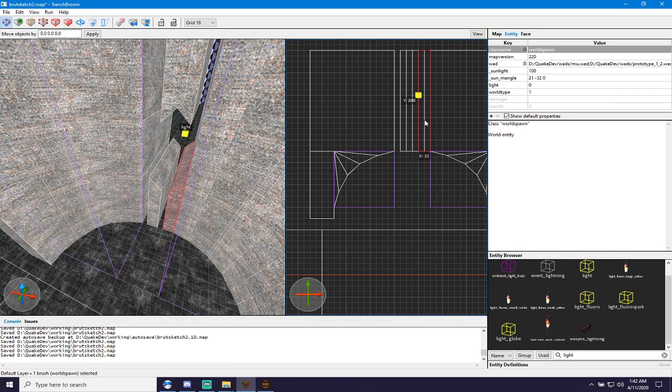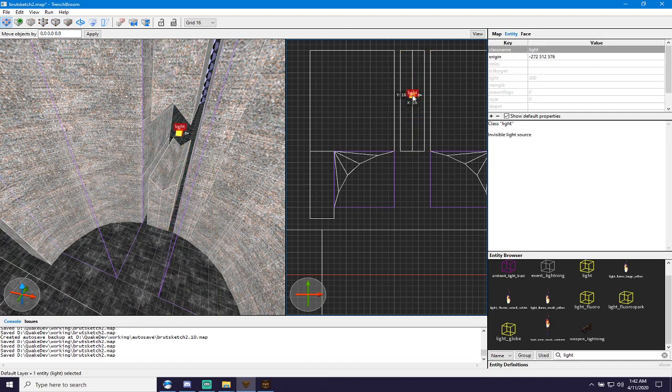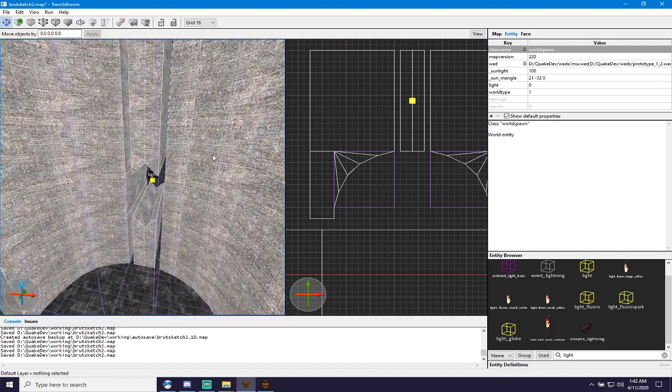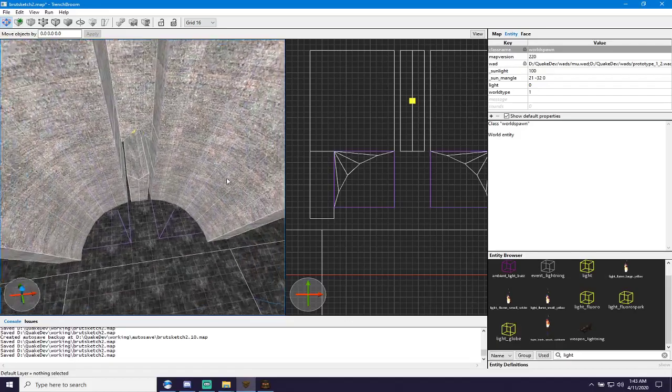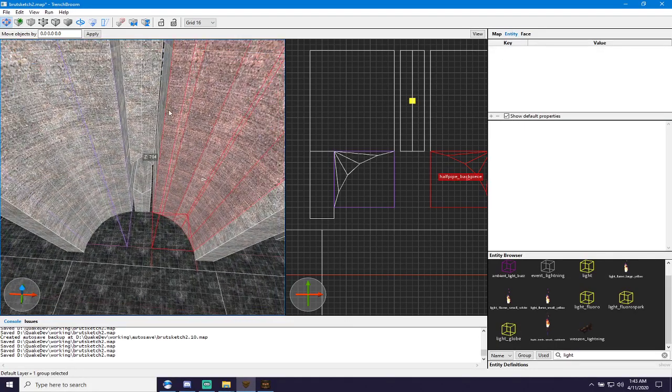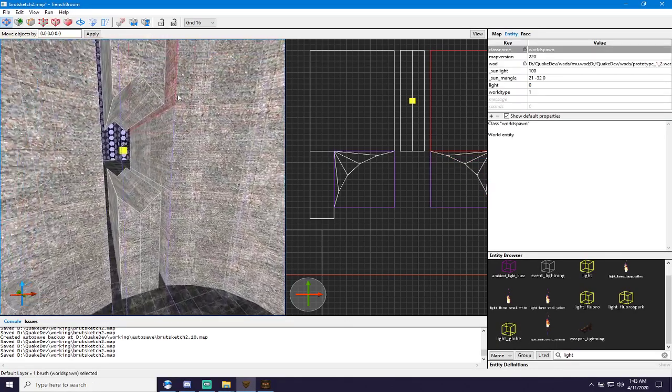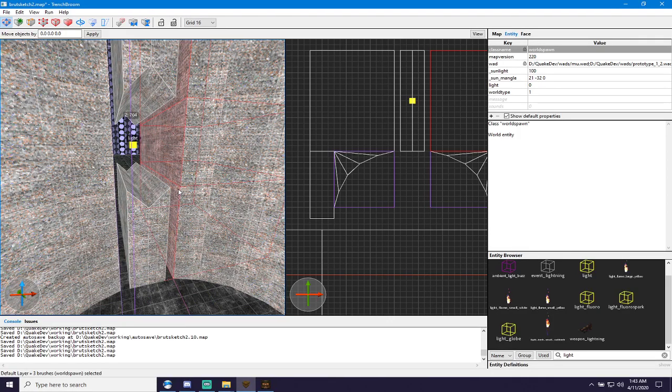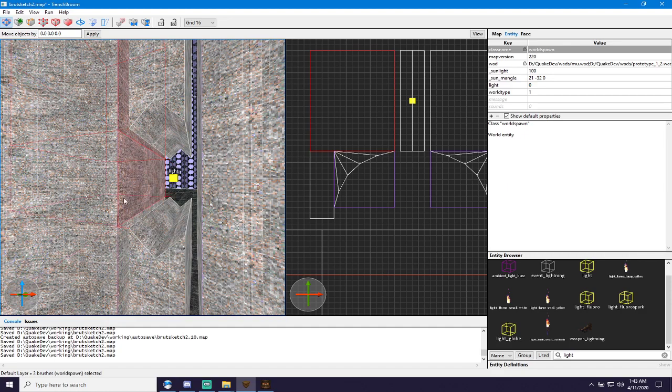Then we move those pieces, and we move those pieces. Put the light in the middle here, and then join those back up. Join those back up, and